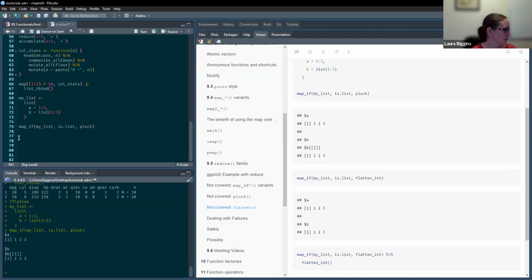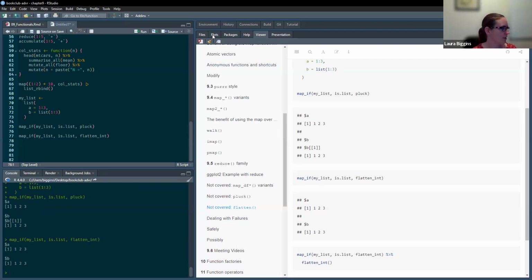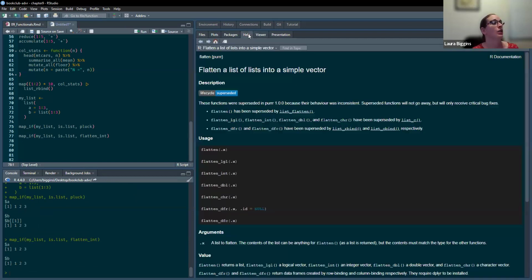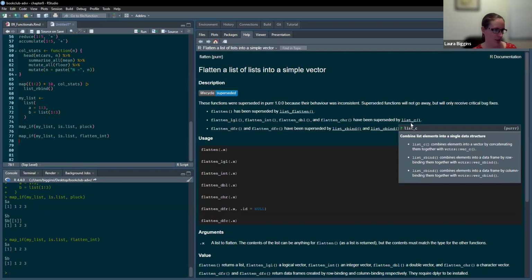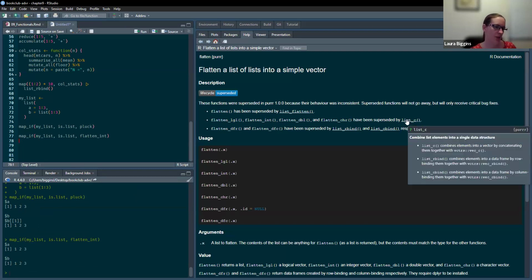Then the second example is map it, if it's a list, then flatten int, which has been superseded by list C,